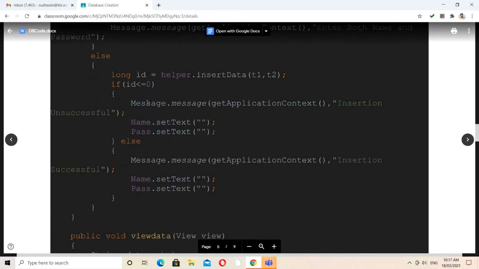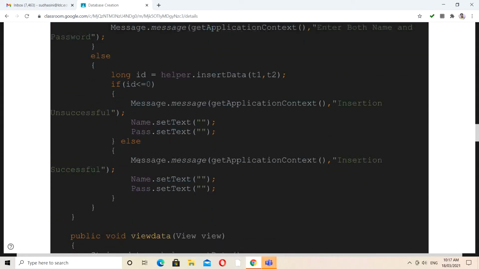If the returned ID is greater than 0, we can say the operation is a success. After doing these operations, we are emptying the EditText boxes, just like name.setText("") and pass.setText("").